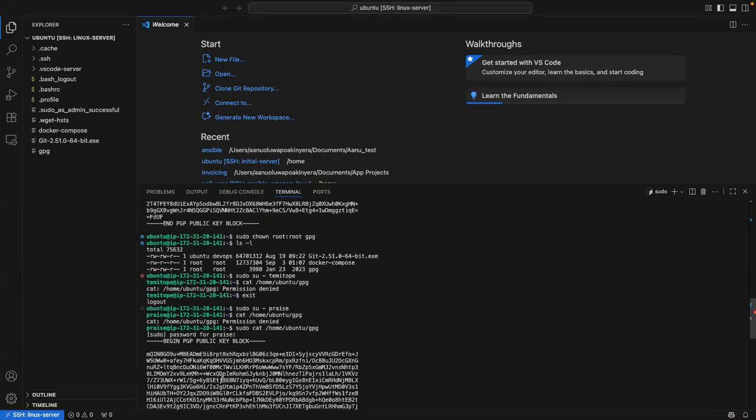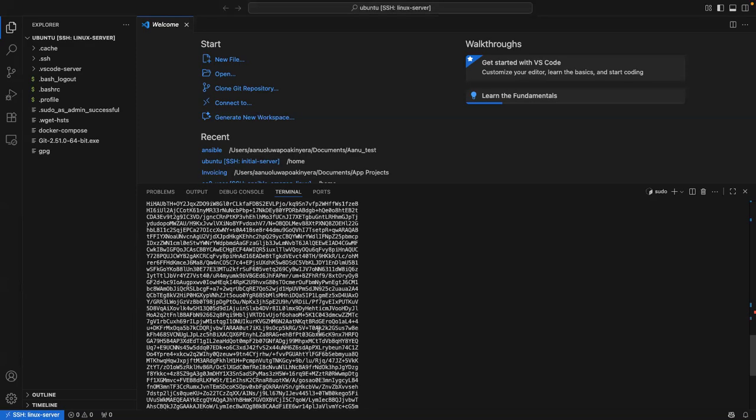Now I changed it to root and root. That means sudo can read it. When I switched to Temitope, I could not read it because Temitope is not a sudo user. And when I moved to praise as well, praise as a normal user cannot read it, but sudo made praise able to read it.